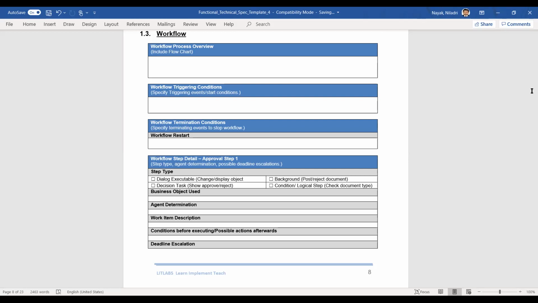The same document goes to your technical developer team, and they will refer to the document and design the coding, whatever coding is required. In case of a report, they will design a report. In case of a workflow or interface, they'll design those objects. Then they will deliver it to you, and once it is done, you'll test it again. Finally you will deliver it to the customer. That is the overall end-to-end process.